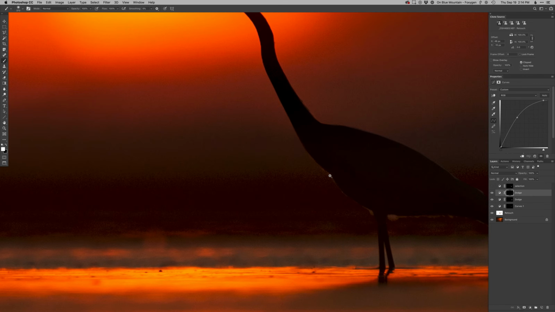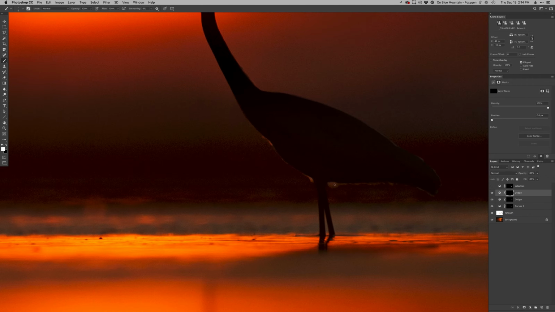The other thing is I love these little feathers in these couple little spots here that are glowing. And again, I'm going to load the selection because I didn't include them when I painted it in. I'll invert the selection so that way I'm not lightening the dark area of the bird, the kind of silhouette shape there. But I'll go in and actually just kind of lighten these feathers, right? So we get a little bit of this almost rim light action right there on the feathers. And I don't know if I like that one up top there, but